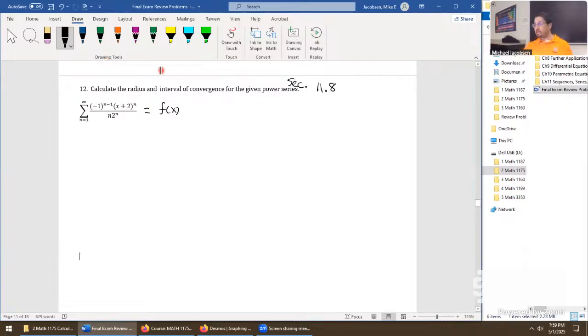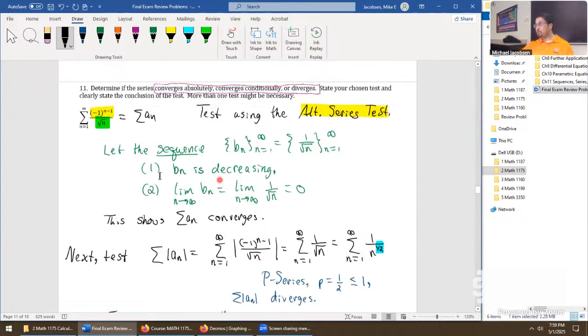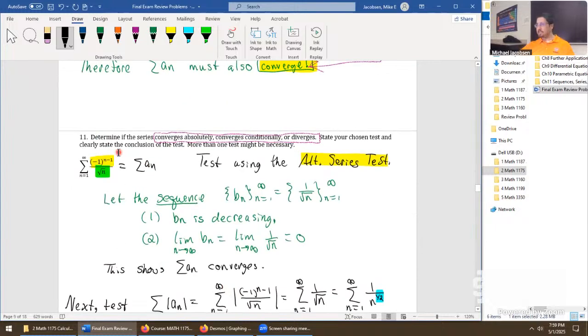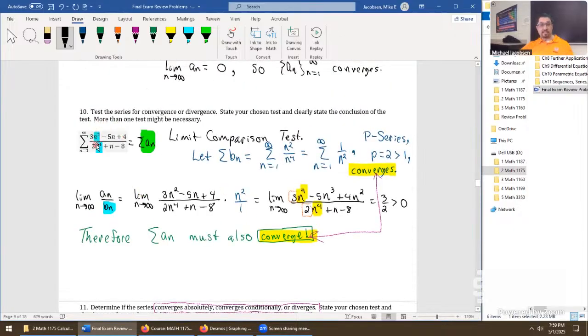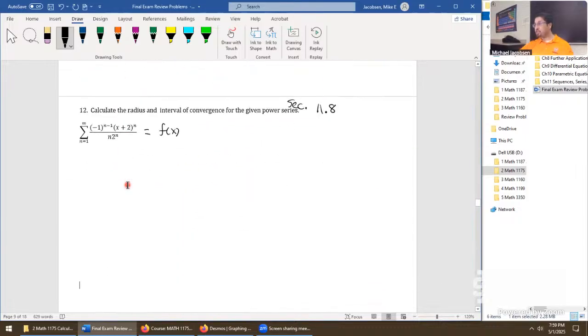The very first step for a problem like this one is just hit it with the ratio test. The ratio test fails on a whole lot of problems. For example, you would never want to use a ratio test on this one. The limit isn't going to come out as anything other than a 1. The ratio test is going to be terrible on this, and again, the limit's just 1. Even if you successfully navigate through that limit, and it's a nasty one, you want to use ratio tests when you have things like this: x on the inside, or maybe factorials, other kinds of oddities are the best situation for that form of test. So let's begin with the ratio test as we indicated.